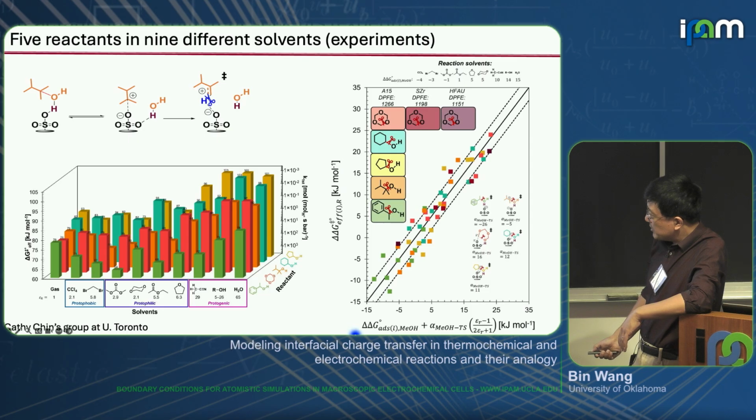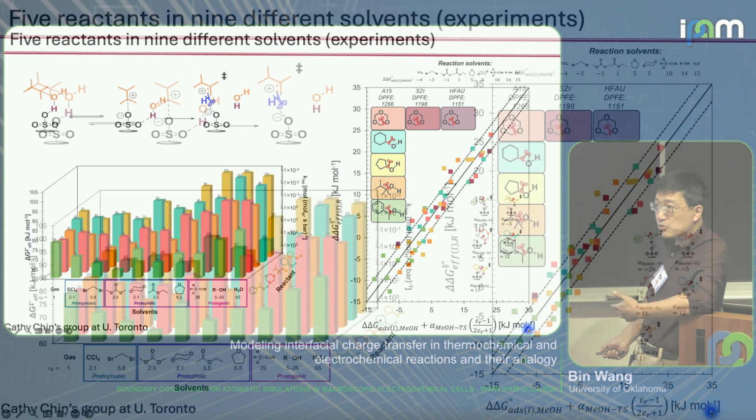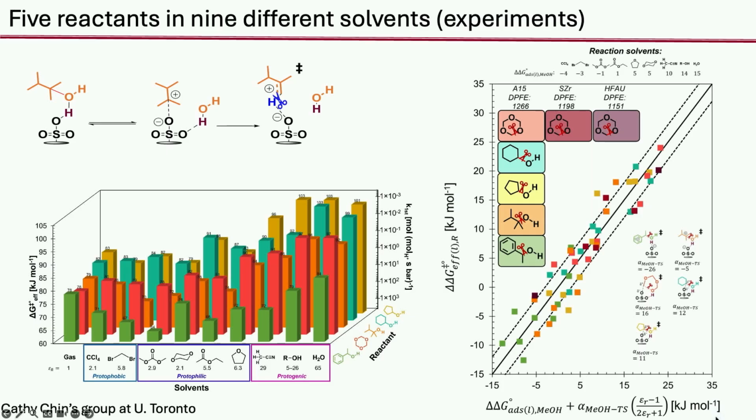In one case, there is the delta of the methanol adsorption, which is just a probe molecule, which is not really the case in this particular talk. But this tells us about the adsorption side. What really matters is the second term, how the transition state is stabilized. You can see the alpha, which should be in units of kilojoule per mole, times some dielectric function, which shows how the continuum dielectric constant interacts with the dipole that it is surrounding.